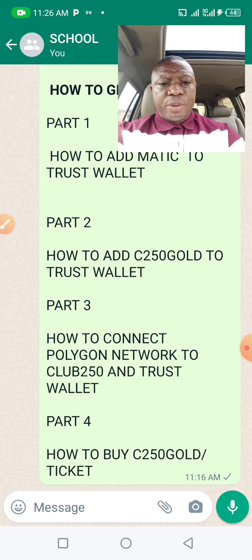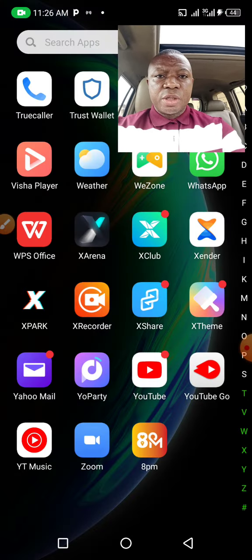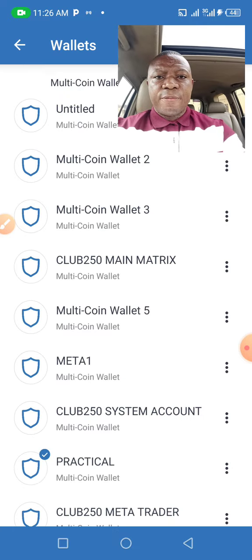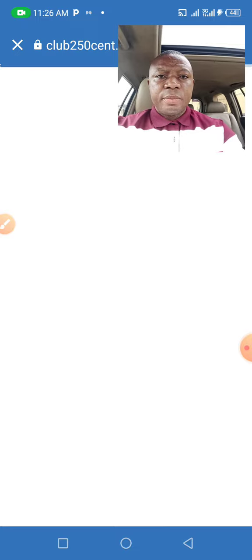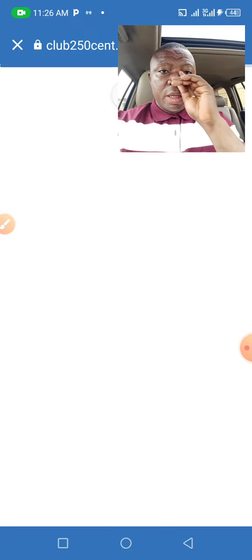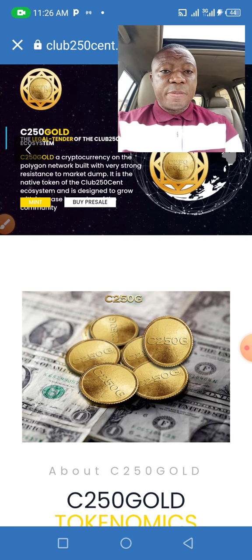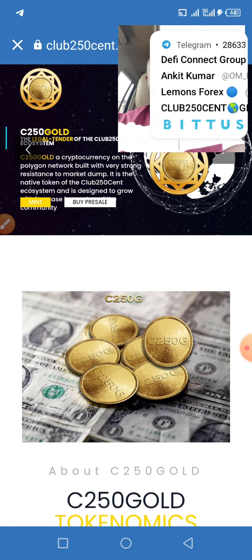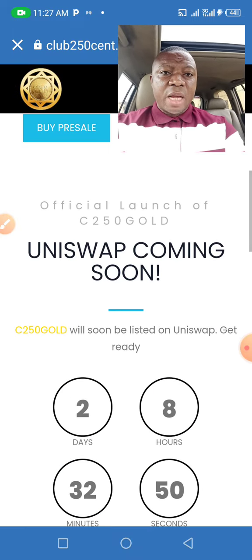Of course, I have actually bought a number of units of this C250 Gold. Let me just take you guys right into my C250 Gold portal. Okay, I am starting all over again to show you guys step by step, and I am actually going to do a reinvestment of $500 or probably less than $500 just to help some of you who are still finding it difficult to get acquainted with how this thing is done.